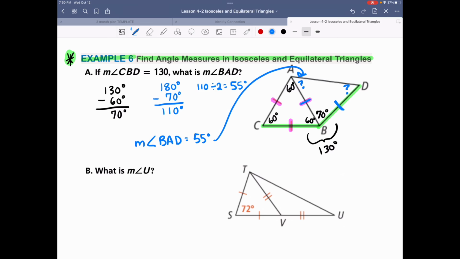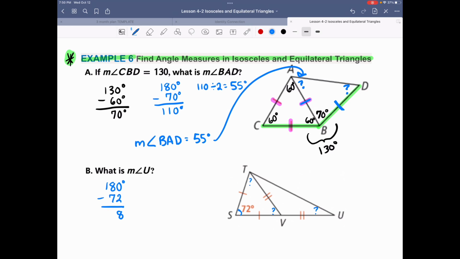On part B, what is the measure of angle U? So I'm trying to figure that one out. What are you noticing? Okay, so we have two isosceles triangles put together. We just need to fill in all of the pieces to figure out the missing piece. And I'm going to start with this 72. So if that's 72, then these two angles here have to be equal in measure. So we'll take 180 minus 72,